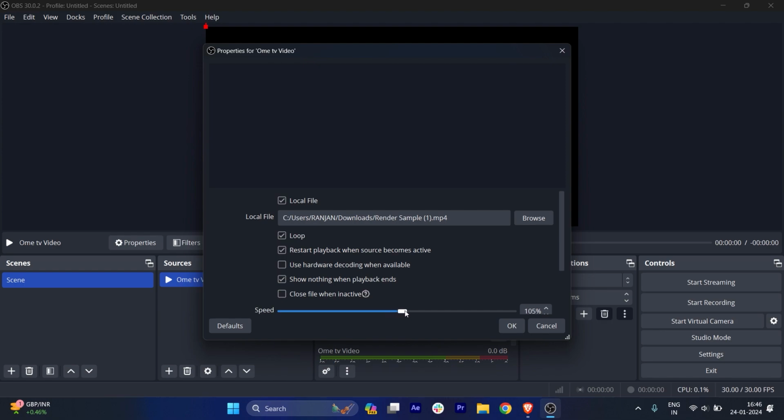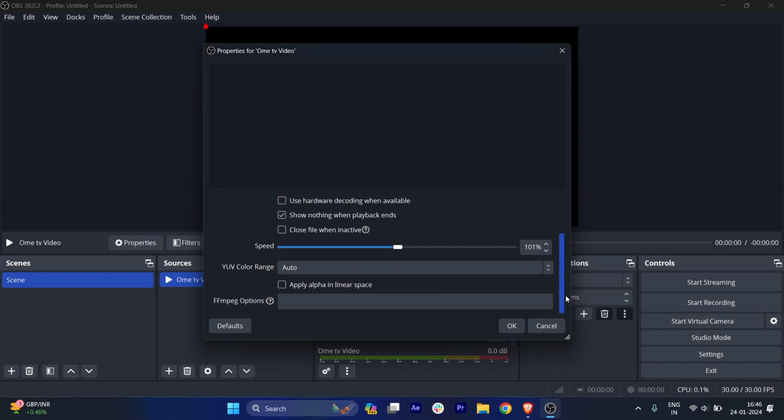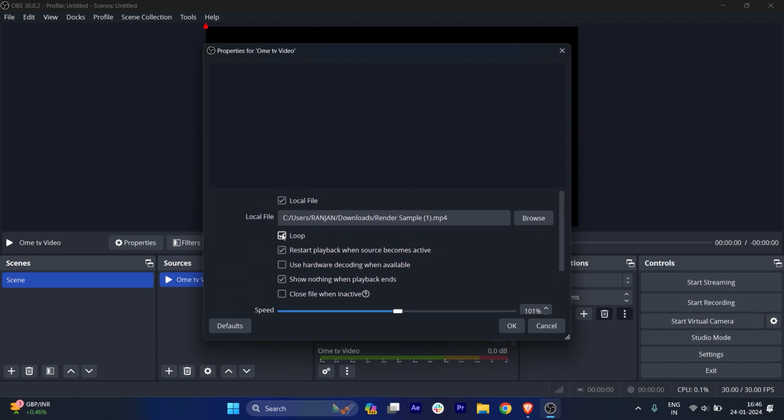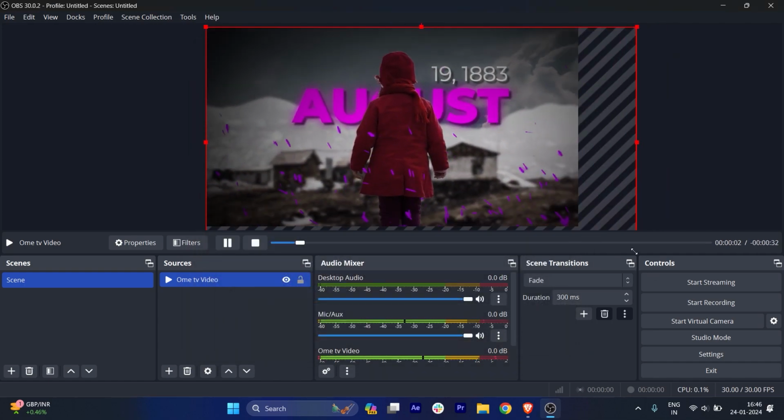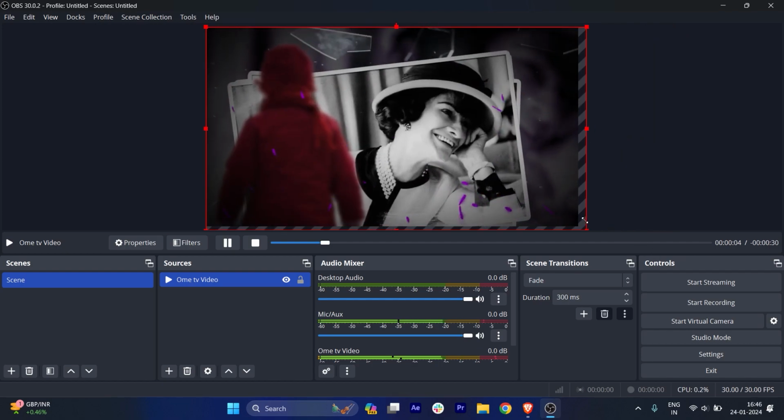You can just increase the speed of the video if you want, right? Then we'll just scroll a little bit down, and there is nothing much for use. Make sure if you want to loop, then you can just select this one, and this is a speed. Then I will click OK, and you can just select the video however long or big you want to play,